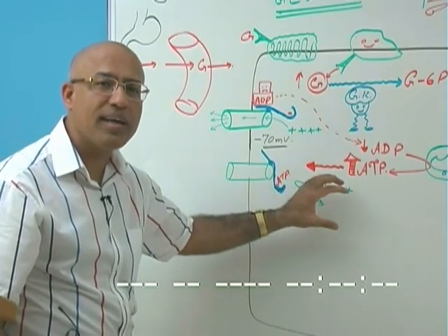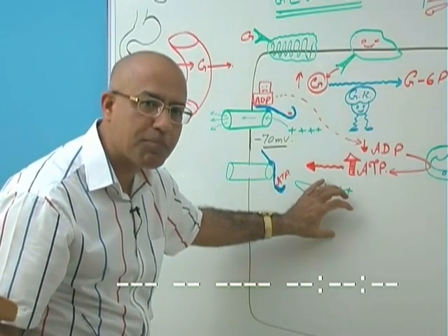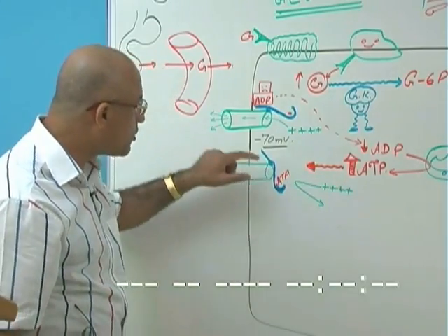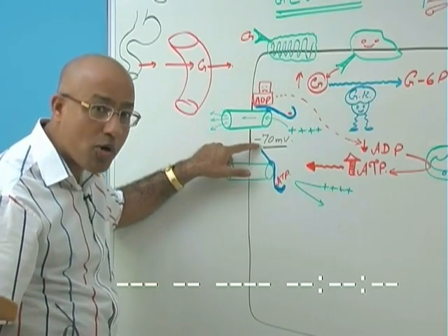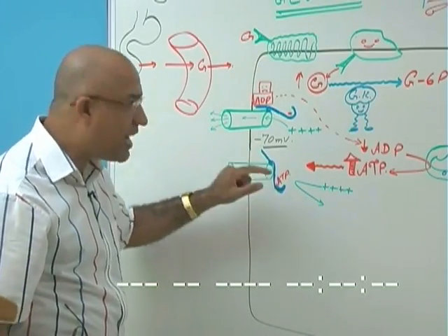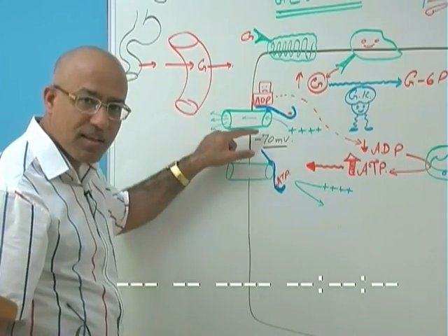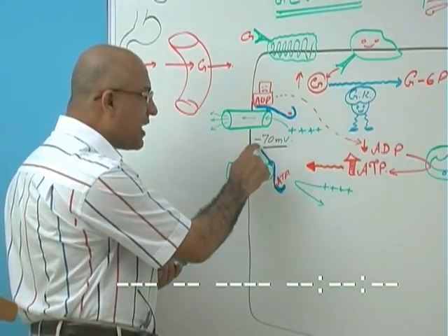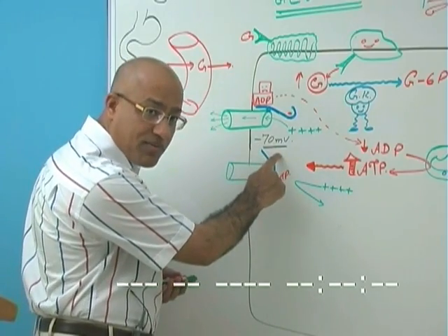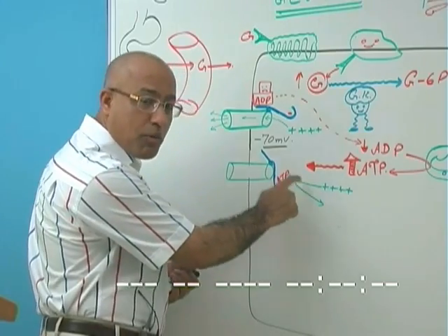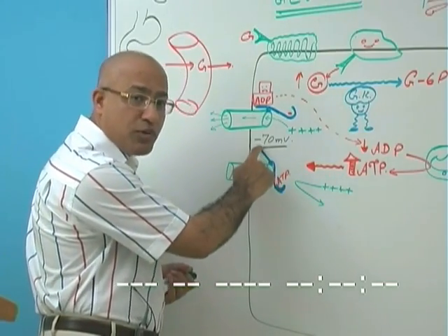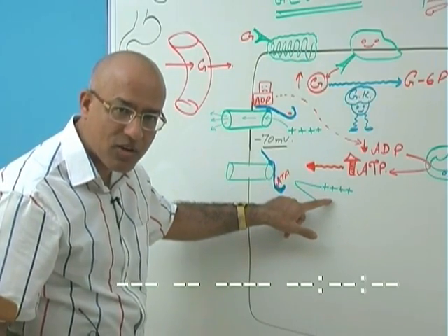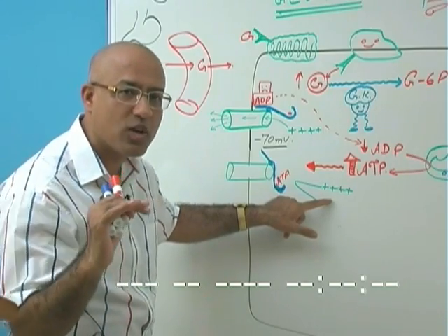When positive ions are kept within the cell, or retained in the cell, do you think we can keep it at minus 70? No, because what is retained will neutralize some of the negative charge. So when more and more potassium is retained, minus 70 will convert into minus 65. When more positive ions are retained, it will become minus 60, then minus 50. Why? Because this retained positive cation, potassium, is neutralizing or cancelling the